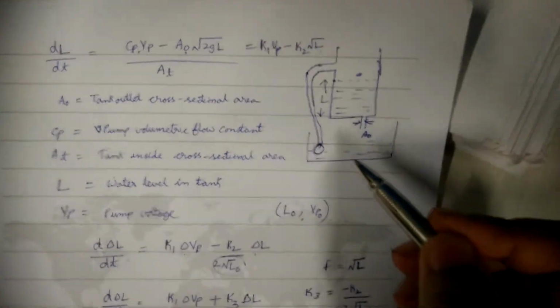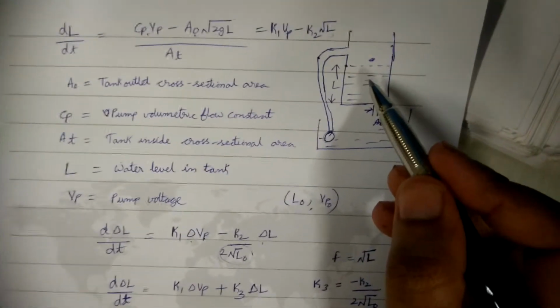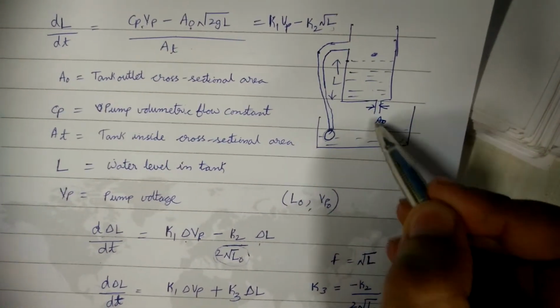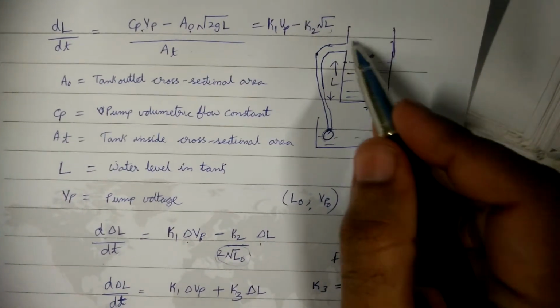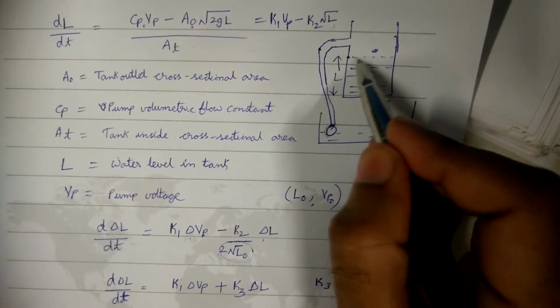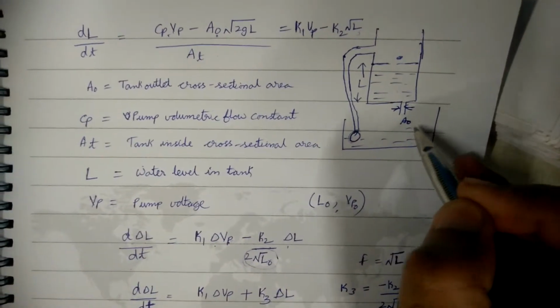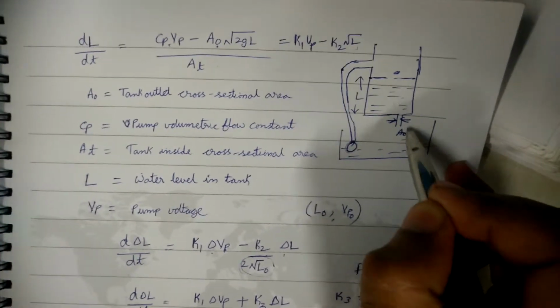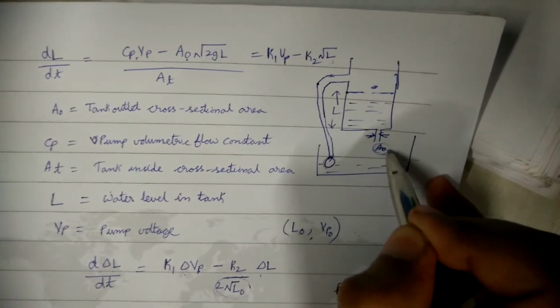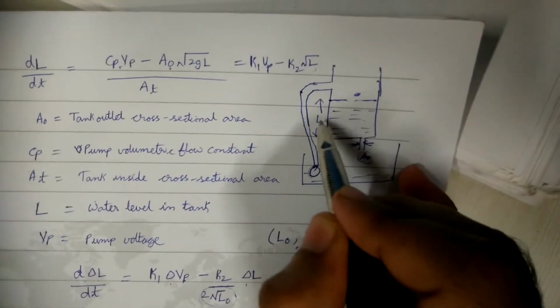Consider an example where this is a tank and our objective is to maintain the level of water in this tank. This A0 is the cross-sectional area of the outlet of the tank. AT is the